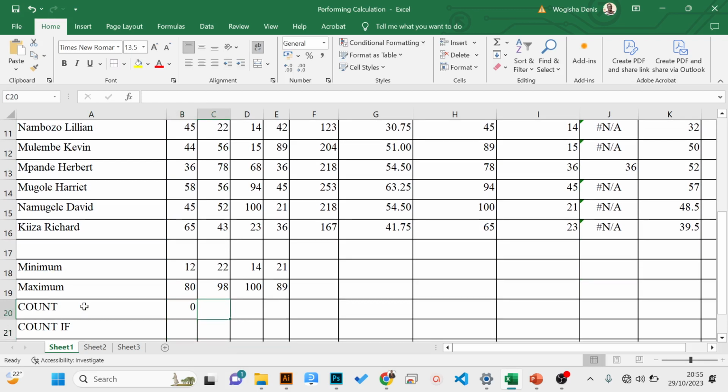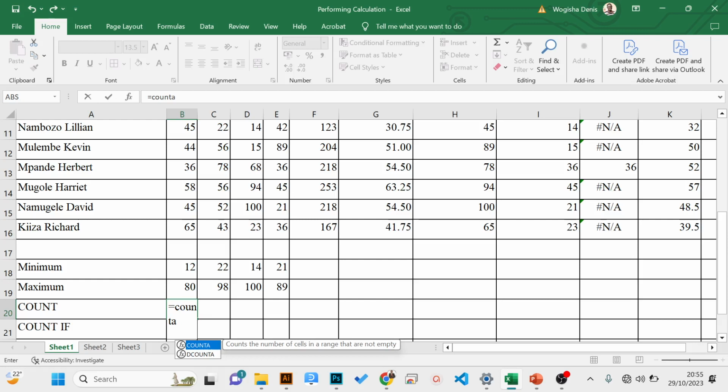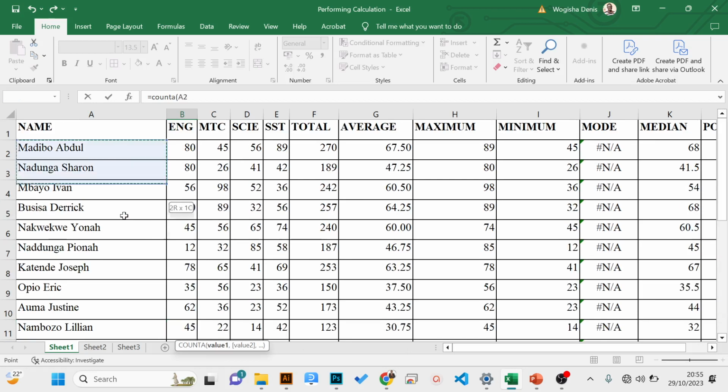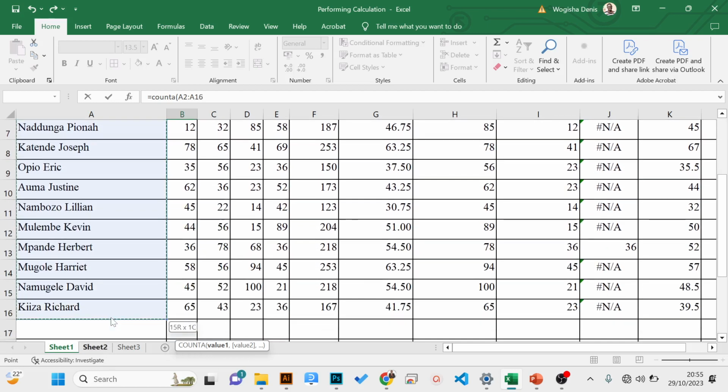Oh, why am I getting 0? Because I am using count to highlight the alphabet. So where you want to count cells that have got alphabets or text or labels, then the best function is not count, but it is counter. You write equals, then after putting the equal sign, write counter. Counter is for alphabets. So if I open brackets, then I go back again and highlight my alphabets here. Of course, to make the range, I'm highlighting the names. Please don't get confused. Close